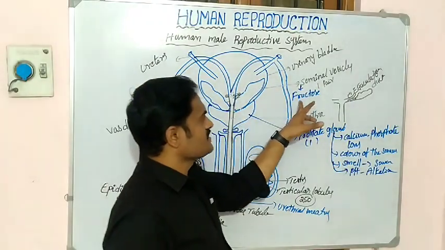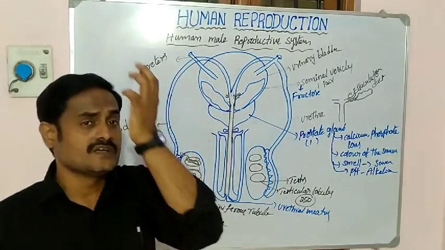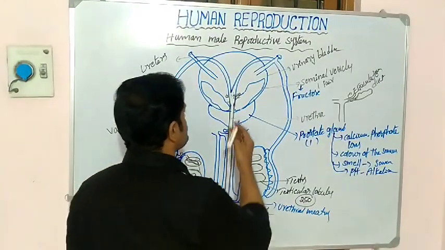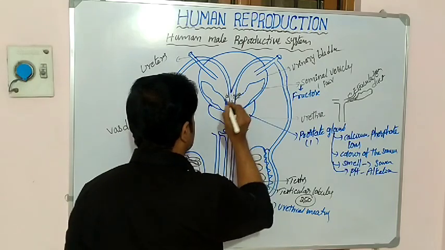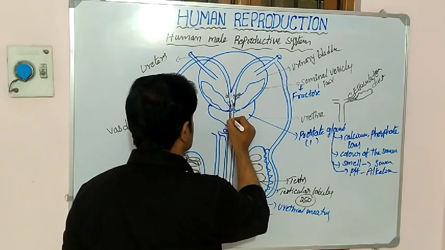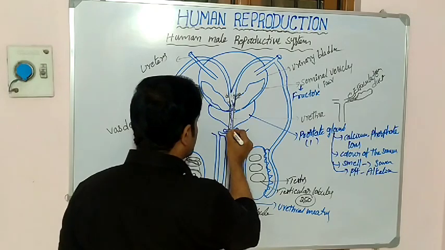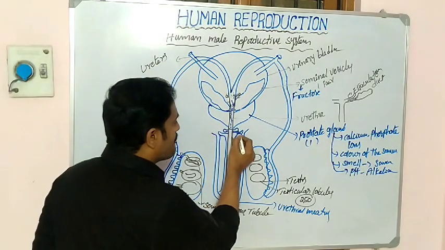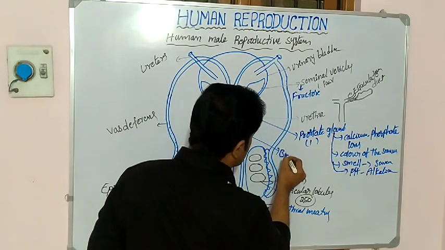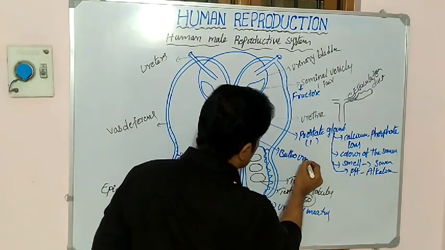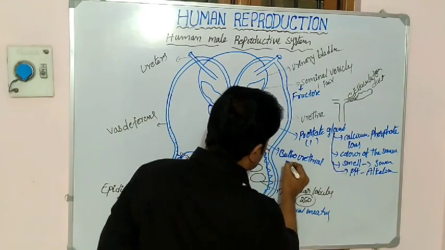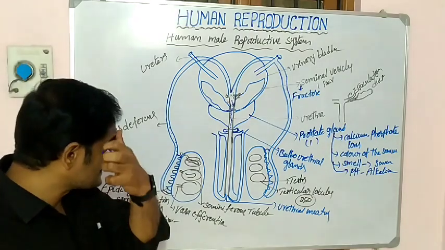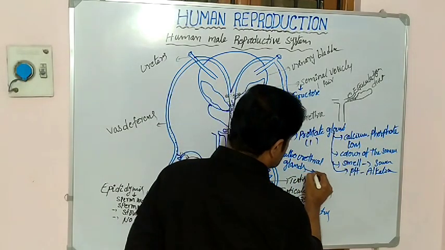Okay, what is the importance of fructose here? The fructose is nutrition for the sperm cell. Once the sperm cells reach the urethra, they pass downwards. When they reach near the bulbourethral glands, see, a pair of bulbourethral glands are present here. So what is the role of the bulbourethral glands? They release mucus